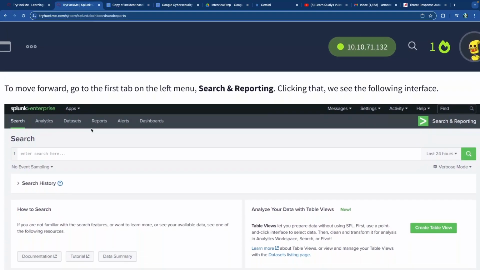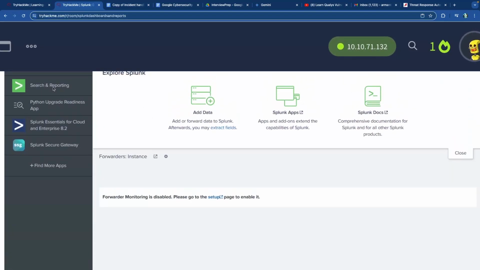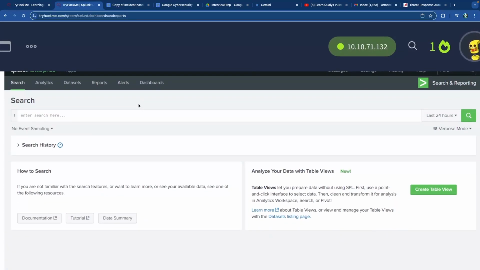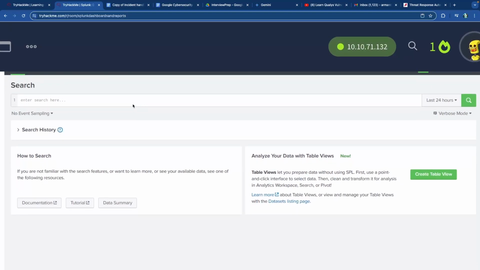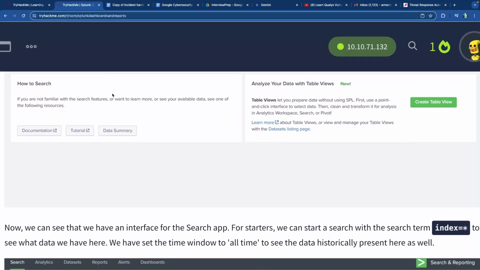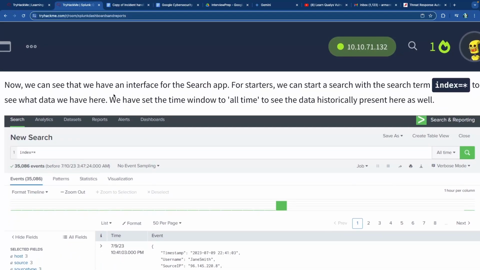So once you sign in, you can go through search and reporting, which is this button right here. You click on search and reporting and you're brought to here. We've done this in previous videos, so if you've seen them, you should already be familiar with this. From here, you can go through search history, or you can start your new search here. Once you have the interface for the search app, we can search with something called index equals asterisk,